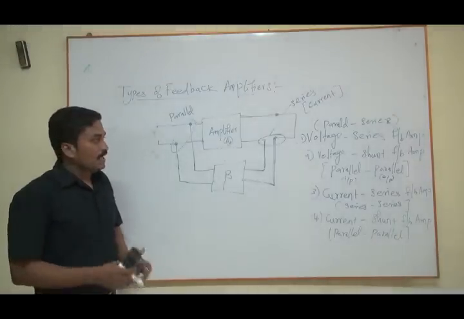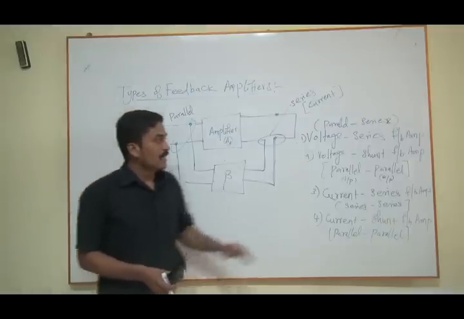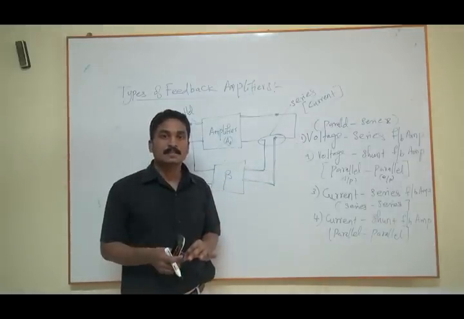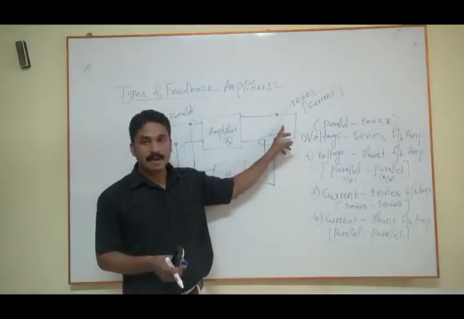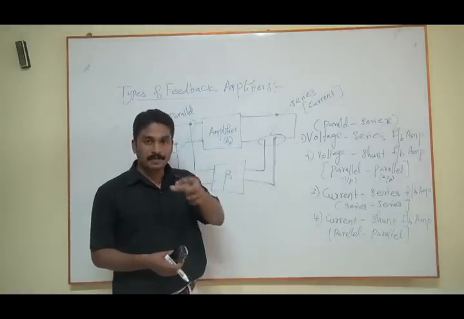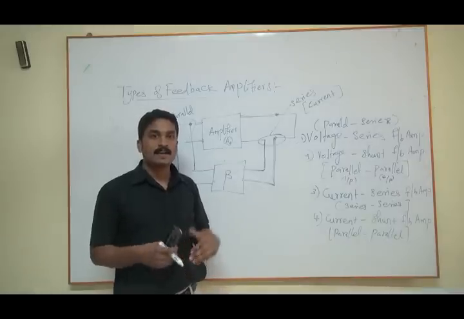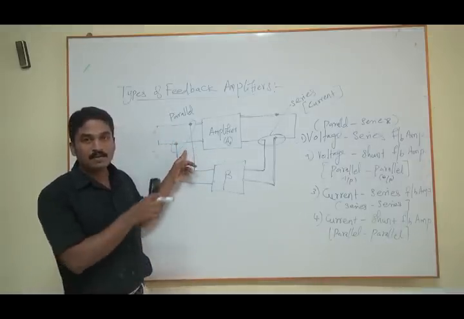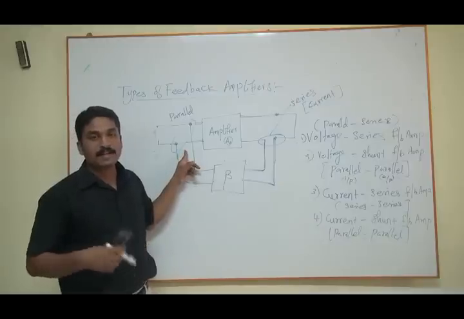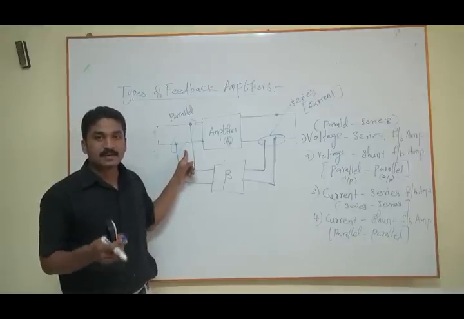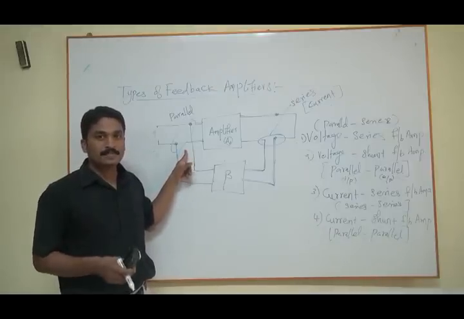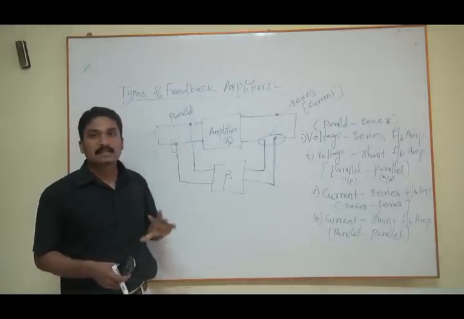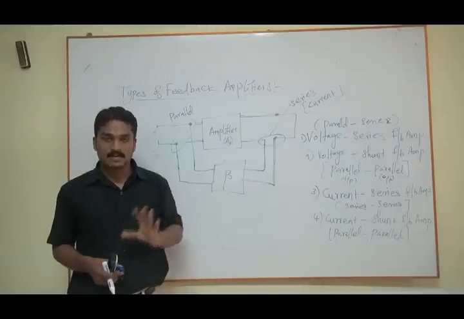Right? So simply, if I connect in parallel at the output side, it brings you the voltage, and you can connect that either in series or in parallel to the input side. If I connect in series, that makes some changes on the voltage. If I connect the same with parallel, then that makes some effects on current.